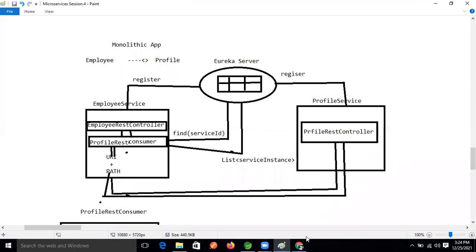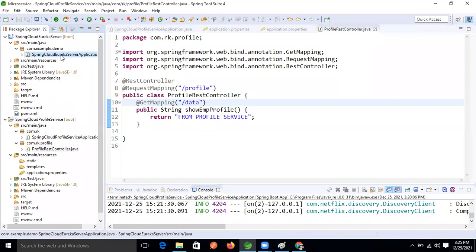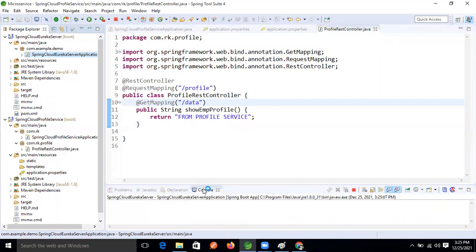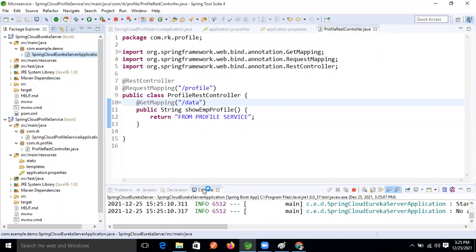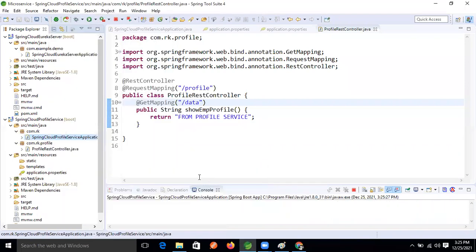But still I want to show that the consumer will make a request. For now, just run our Eureka server, and run our producer application also, right?